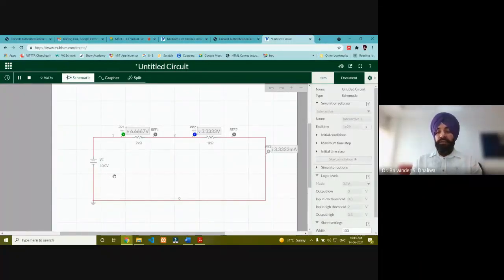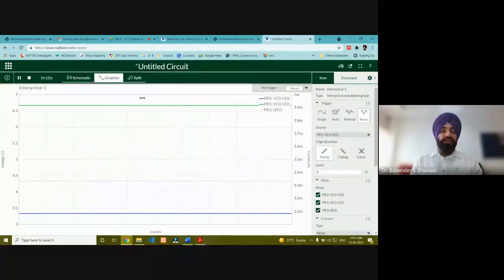The next point required in our circuits is that we need to see waveforms. As we have connected these voltmeters, we might be interested in seeing the waveform. Here we can see the voltage value is 6.6, here it is 3.3, and the current value is 3.3 milliampere. To see the voltages, we need to click on this grapher. When we click on it, it shows the different waveforms of the signals which we have selected